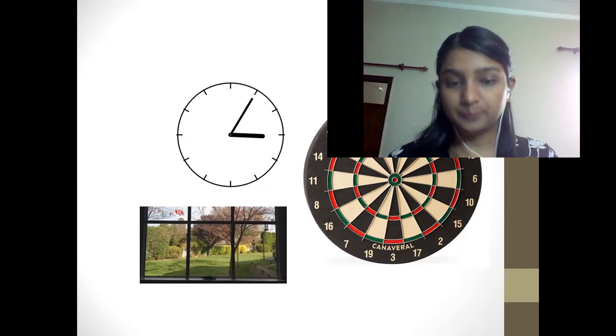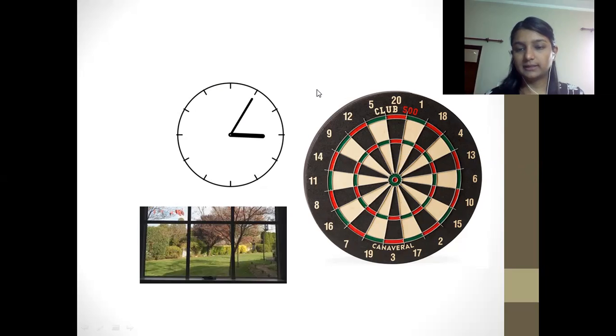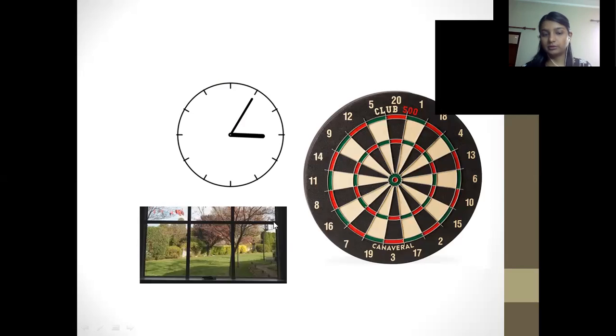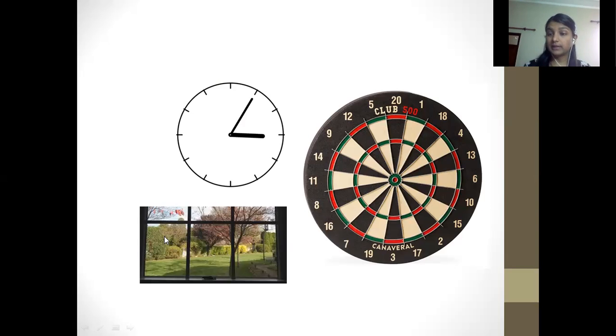So lines are very common, for which I already gave you examples. And in this picture also, you can observe that there are angles and lines on the windows. Everybody has a window, you can observe there. And this is a targeting point. You might have seen, or they played this game, or you might have seen on television where athletes and players play these kinds of games where there's some targeting point.